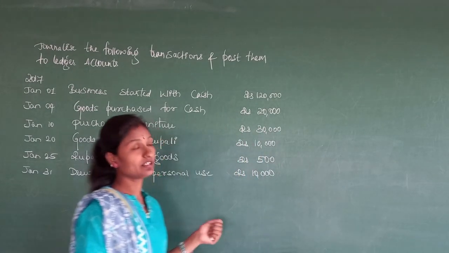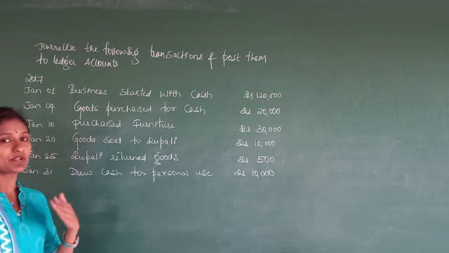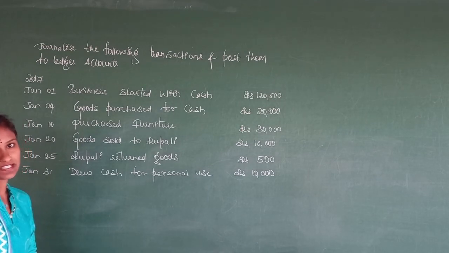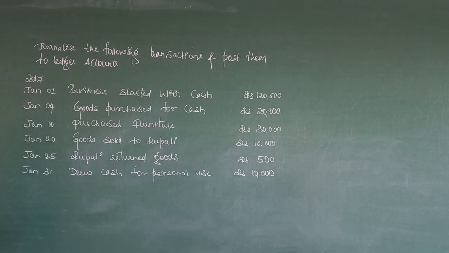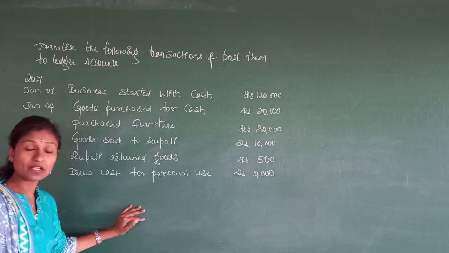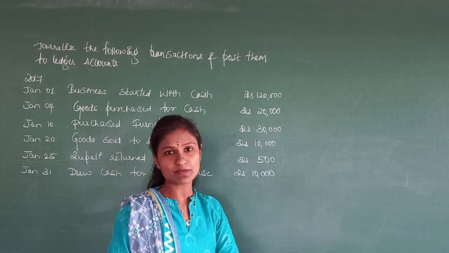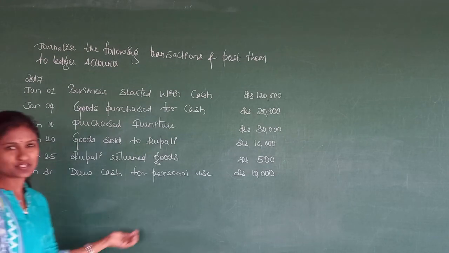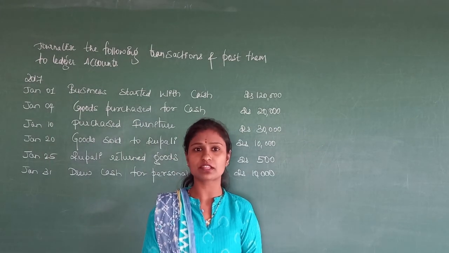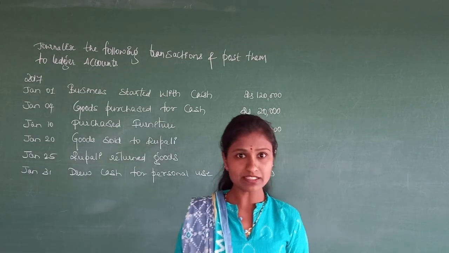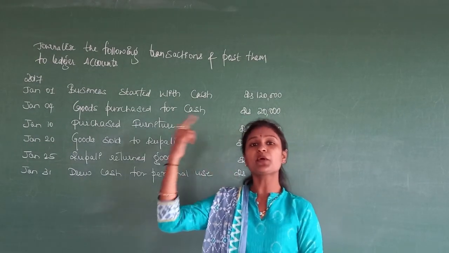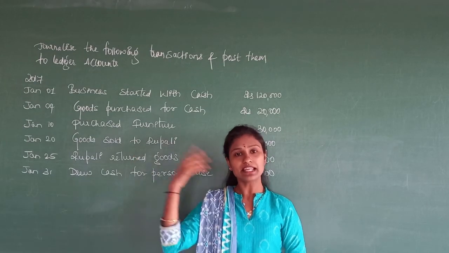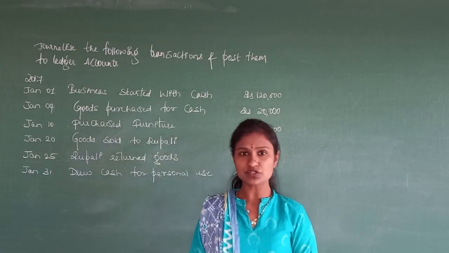The question for ledger accounts will be of 12 marks, and in an annual examination or any kind of examination in first year, the question will be: journalize the following transactions and post them to ledger accounts. So in any question, first of all we need to put the journal entry, then we need to post to the ledger account. For 12 marks, normally they give 5, 6 or 7 transactions. First you need to put the journal entries, and after that post them to their respective ledger accounts. You will get that cleared in this session also.